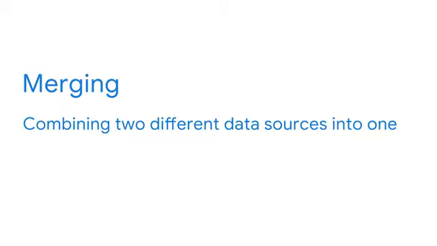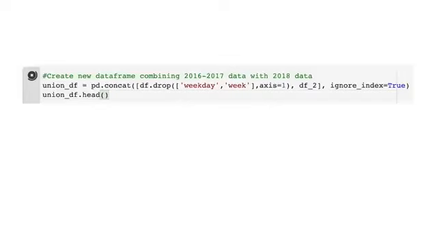One common structuring method we learned about in another video was merging, which you'll remember means combining two different data sources into one. We'll need to know how to perform this method in Python if we want to learn more about our data across multiple years. Let's add 2 more years to our data, 2016 and 2017.